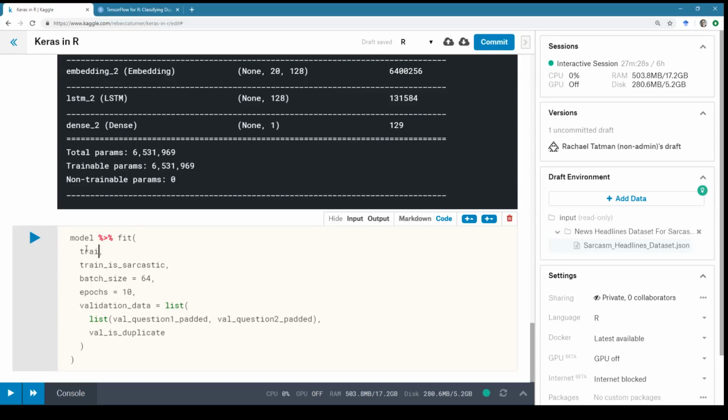So the fit function, just like any R thingadoodle, is going to take in the input, the target, batch size, and epochs we can tune if we want to. I think we should be fairly good. 64 seems like a reasonable batch size.